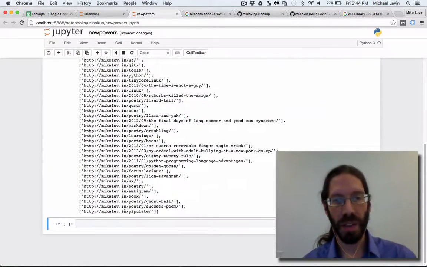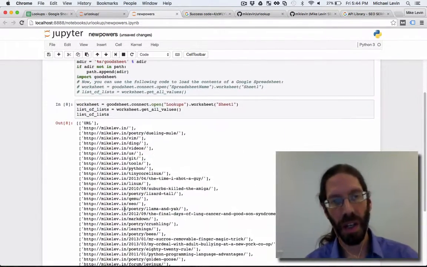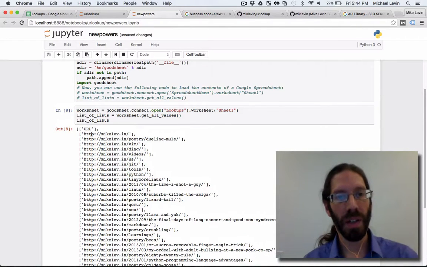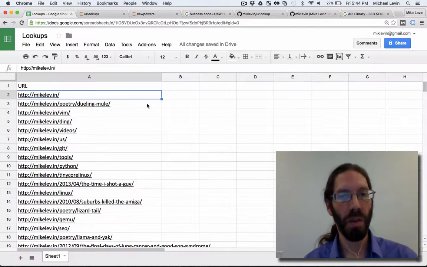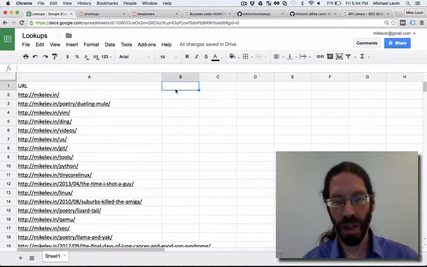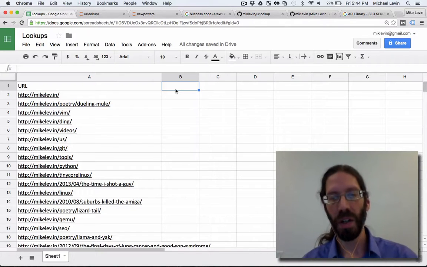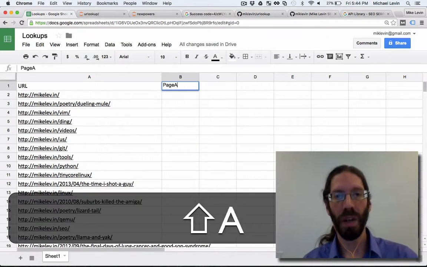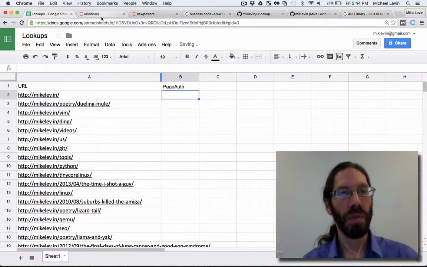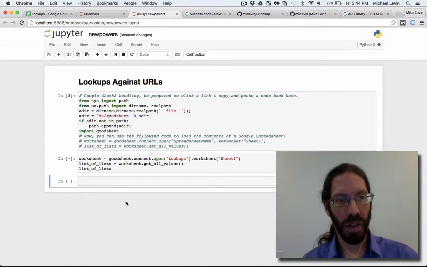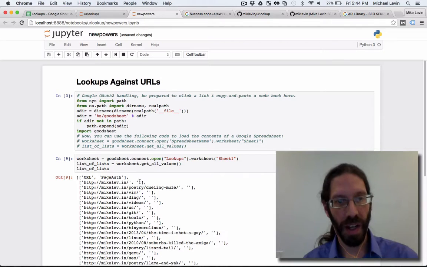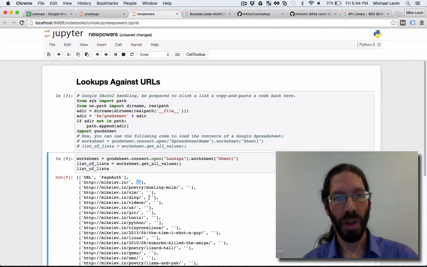And now this really sets the stage for the kind of SEO lookups that I am in the habit of doing, because you got your URL, but you want to look something up for each URL. So I can just go over here and say I wanted to look up, I don't know, the Moz page authority. So say I had a function called page auth. I go over here, I execute that,